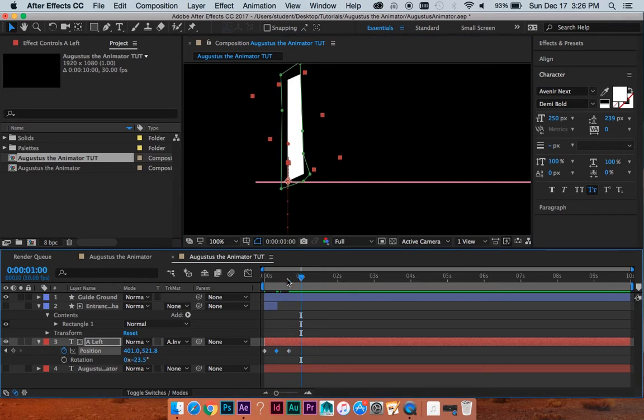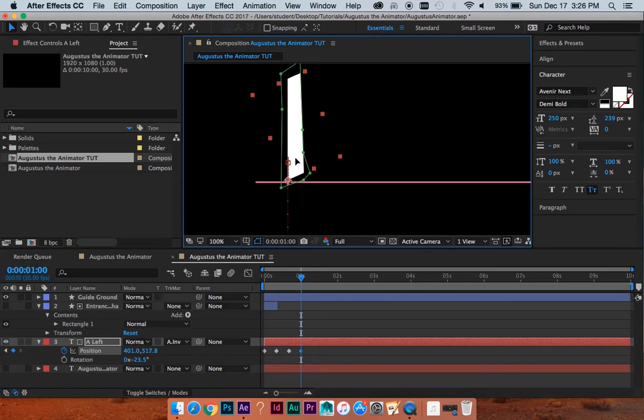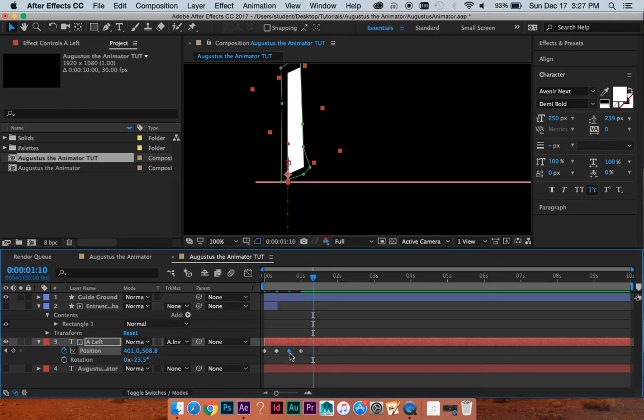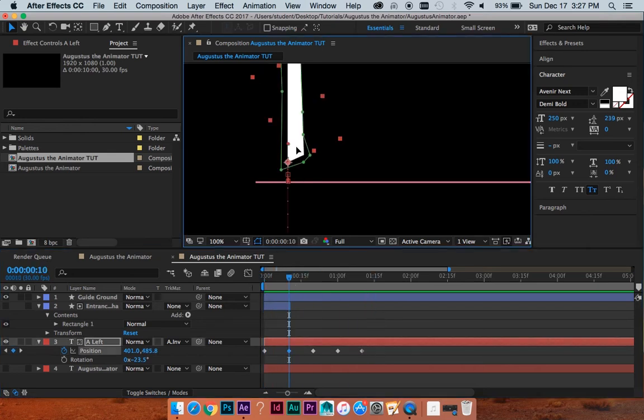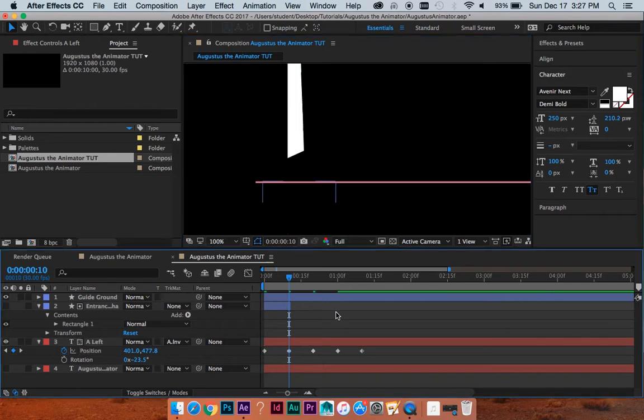Let's go forward 10 more. Have it go up a little bit, 10 more, and we'll copy and paste that keyframe where it's on the ground. Excellent. I'm just using 10 as kind of a starting point. Everything needs adjusting, I'm sure, but it's a really good amount of time to be able to at least see what you're doing, as you can see there. So I might, that's probably okay. All right, so we have it coming out, we have the bounce, at least roughly,